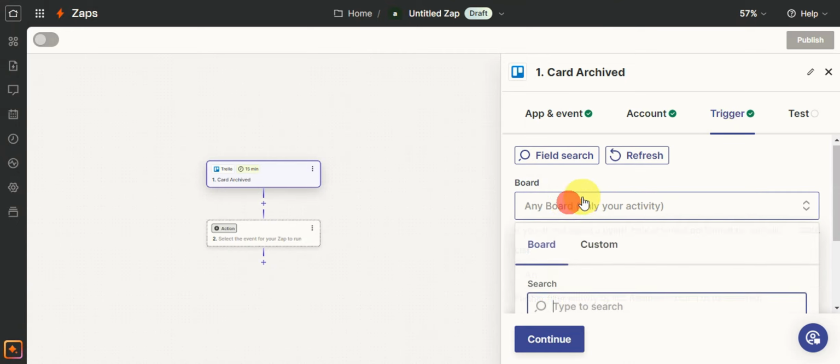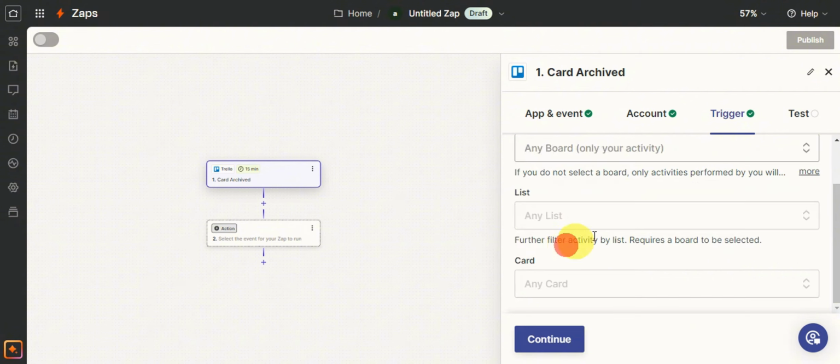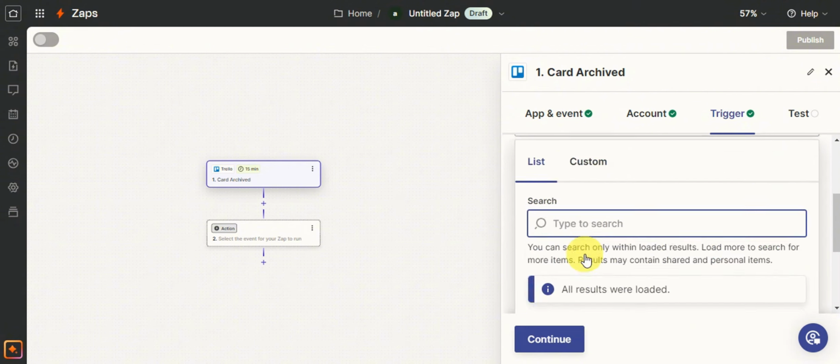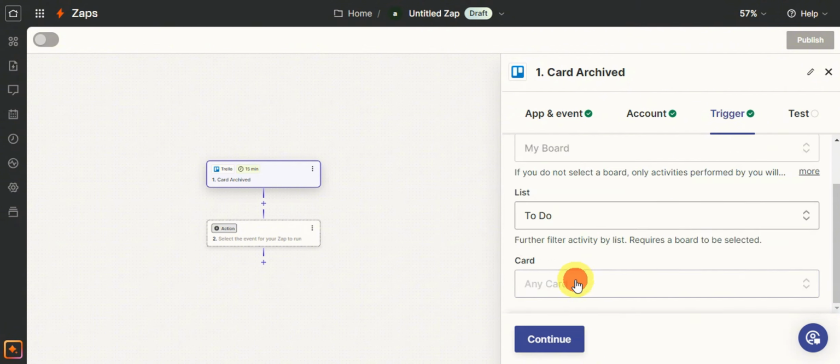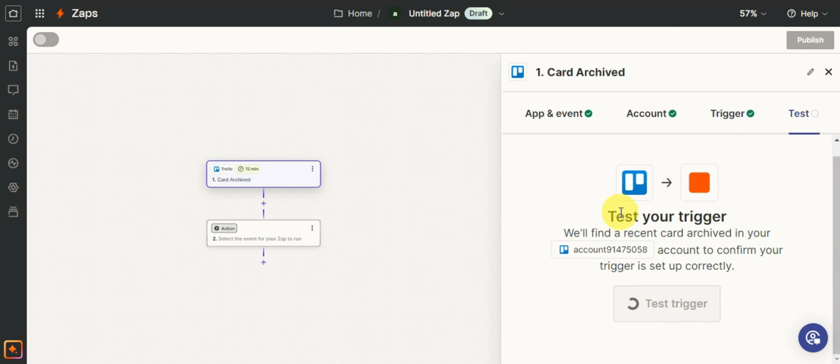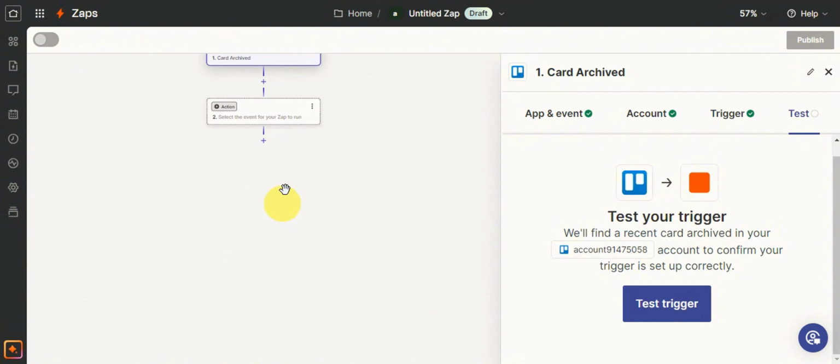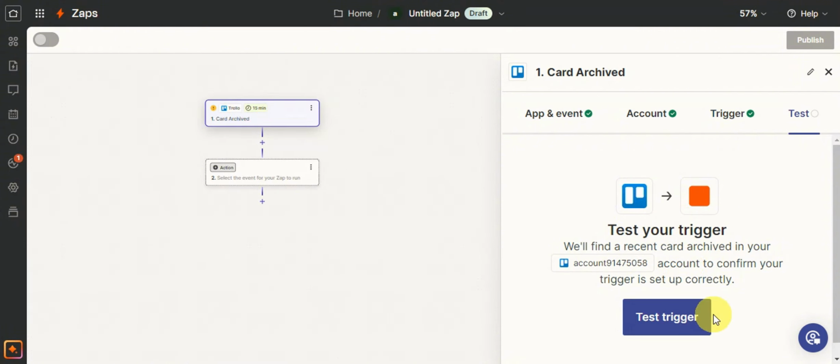As you can see, you'll need to choose the board that you have first. I have one board in here, also a list. Just choose a list and the card that you want to move. Click any card that you like, click Continue, and right after, you could test the trigger. But since we're trying to integrate this with Slack, for the second action, we're going to